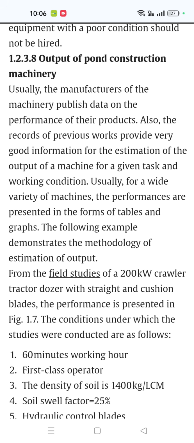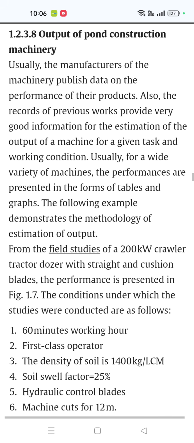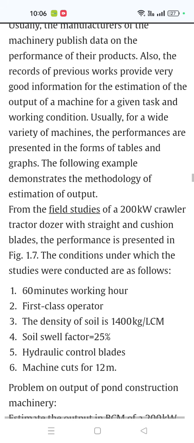Also, the records of previous work provide very good information for the estimation of the output of a machine for a given task and working condition, usually for a wide variety of machines. The performances are presented in the form of tables and graphs. The following example demonstrates the